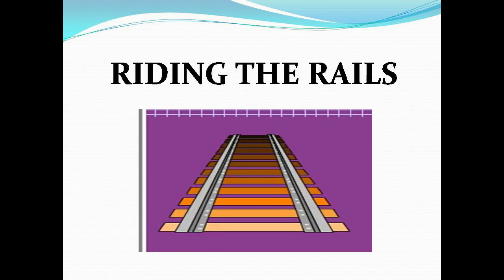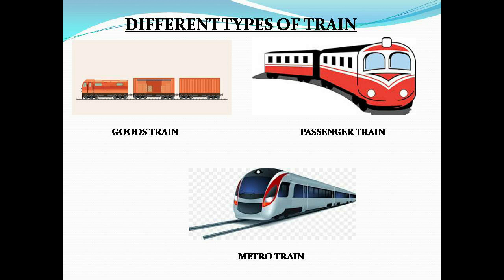Children, do you want to know the other type of land transport? I'll tell you. Come, let's have a ride on rails. For traveling long distances, we need a train. A train runs on tracks called rails. Hence, we call them railways. Hundreds of people can travel in one train and tons of goods are carried by railways.